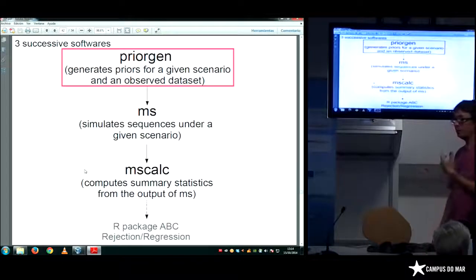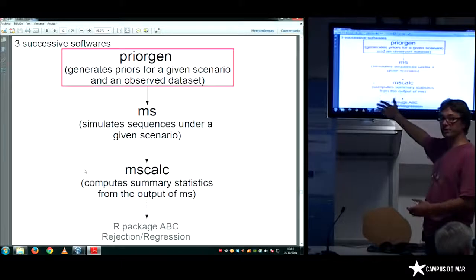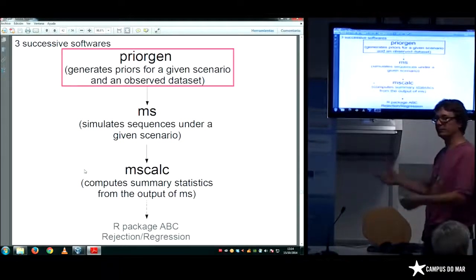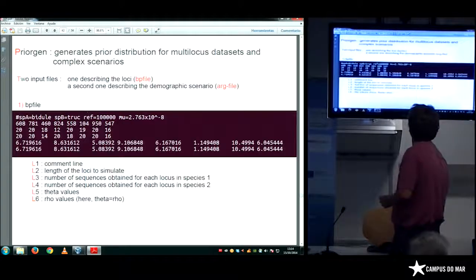So to automatize the procedure, we can call PriorGen, which is dedicated to generating the sampling of the parameters in the prior distributions. Okay.